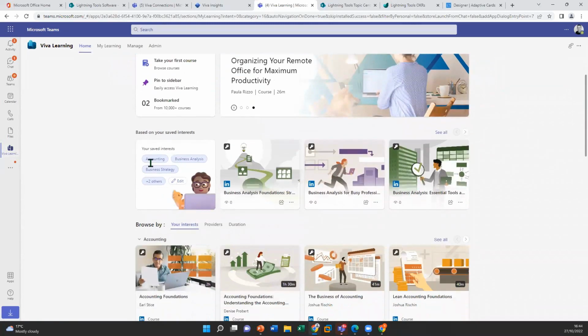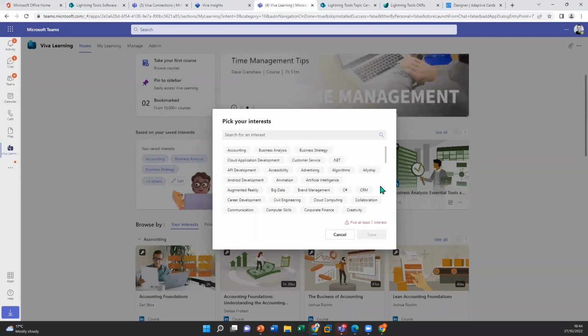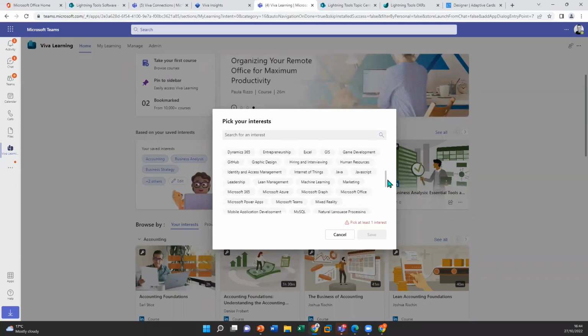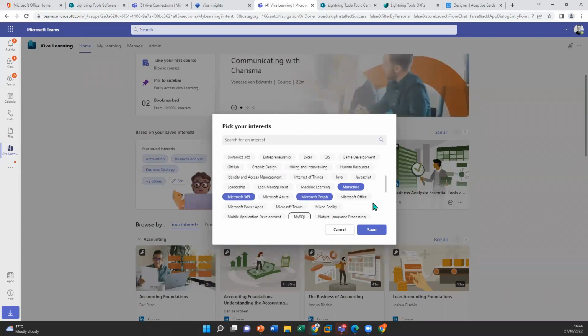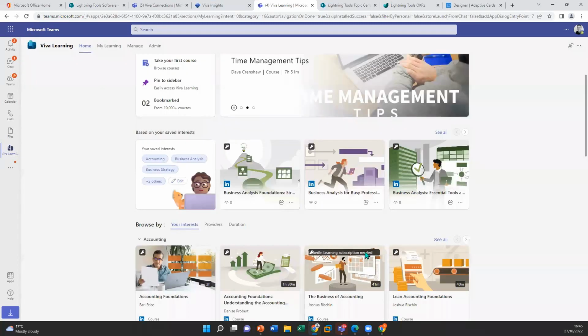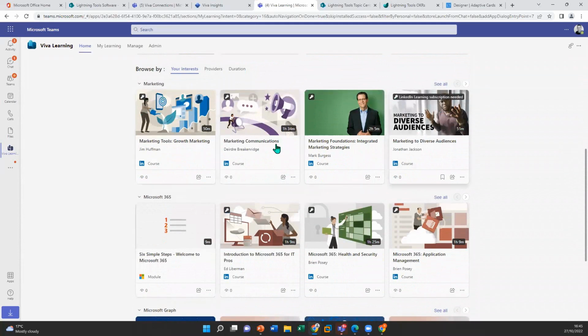So the first one to look at is your saved interest. So I'm going to click onto edit with that one. That's right, it does look like I was clicking around earlier. So let me just deselect some of these. So yeah, there's all sorts of things that I might want to attend courses on in here. So if I choose marketing, maybe Microsoft Graph, Microsoft 365, etc., we could start off with just those ones, save them, and you can see already down here we've got some marketing courses being suggested to me, Microsoft 365 courses,